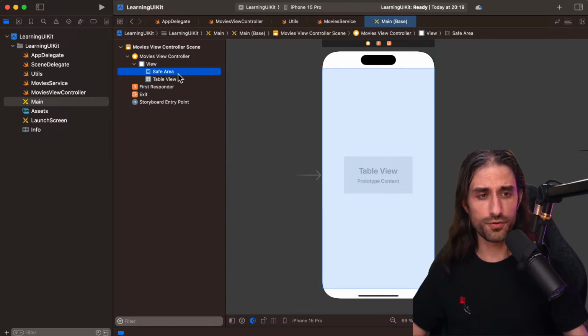It's the part of the screen where it's safe to display content, in the sense that it's guaranteed the content will not be cut off. The safe area differs depending on the kind of device that you have. For instance, if you have a device with a physical home button, the safe area will go all the way to the bottom of the screen. But if you have a device with no physical home button, then you have a safe area that is a little bit higher at the bottom, because you don't want to display content that the user needs to interact with straight at the bottom, because there is already this bar that the user needs to also be able to interact with.